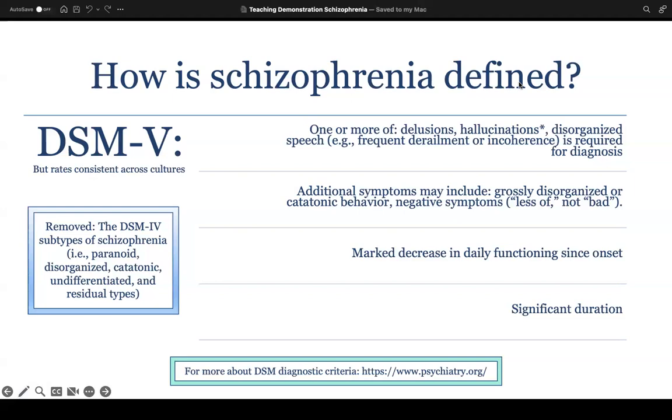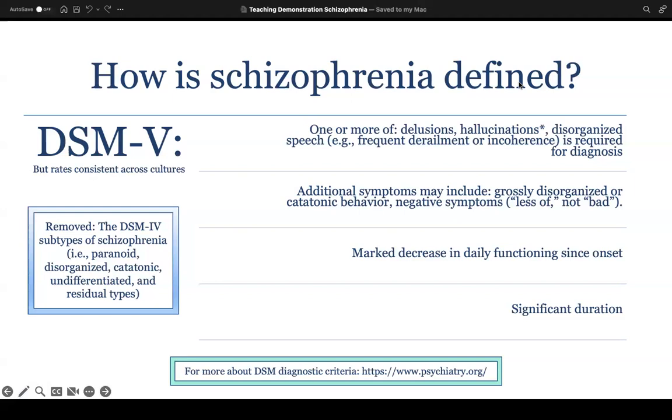I think it is also worth noting that in the DSM-5, which is the last revision to the criteria for schizophrenia, we're on the 5TR right now, which is basically the same book but with a few tweaks. In the DSM-5, they removed the subtypes of schizophrenia. So there were these subtypes: paranoid, disorganized, catatonic, undifferentiated, and residual. And they removed these because they were not very valid. They did not hold up in real life, and they didn't